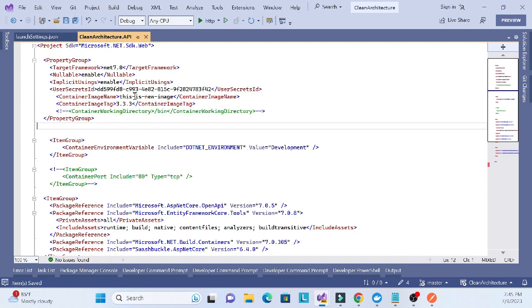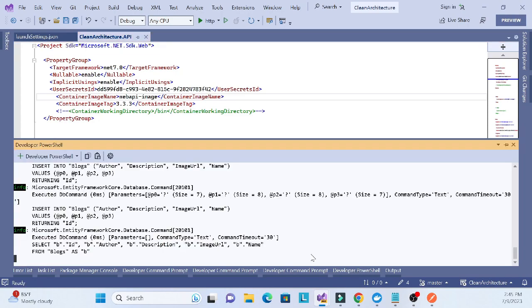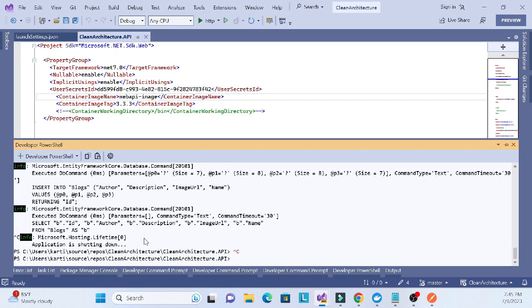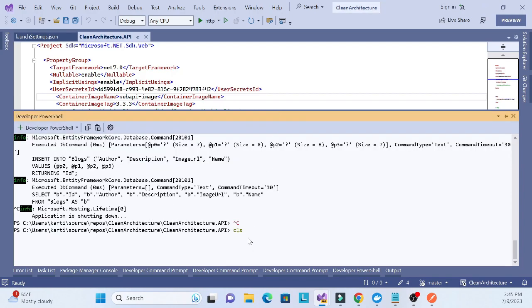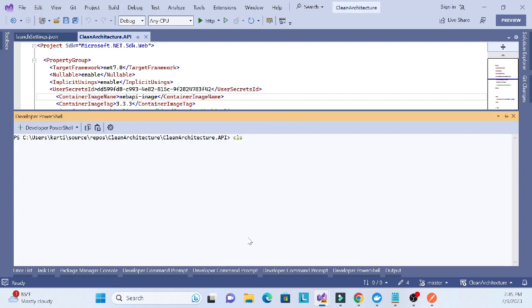And our app name is web API, so web API image. That's cool. And then Control C to stop the running container, clear the screen,